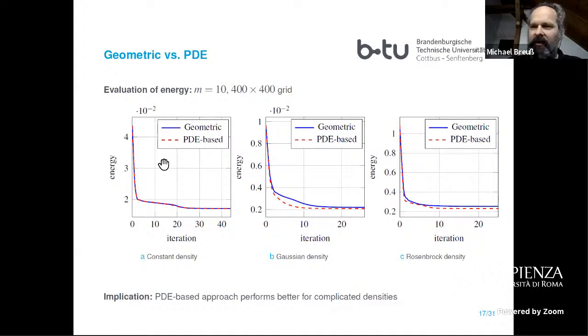So on the left, constant density, so everything is uniform over the whole grid. The results are virtually identical. It is also something that we have seen at the very beginning of the last experiment. So there's no point in preferring one method over the other from the output point of view. Then if we look at the varying densities on this 400 times 400 grid for the PDE-based resolution, we see that there's a certain advantage of the PDE-based method. So in this experiment it is not very impressive.